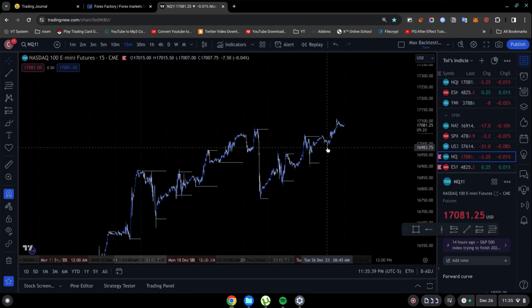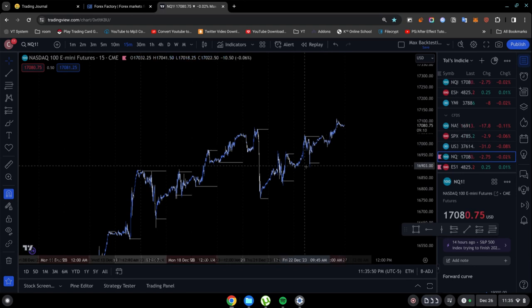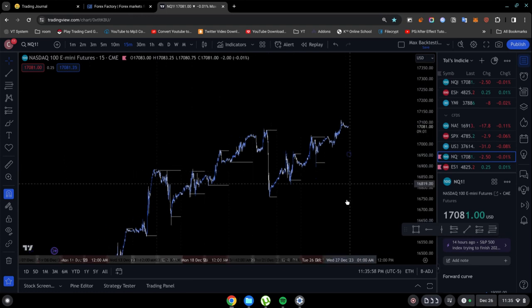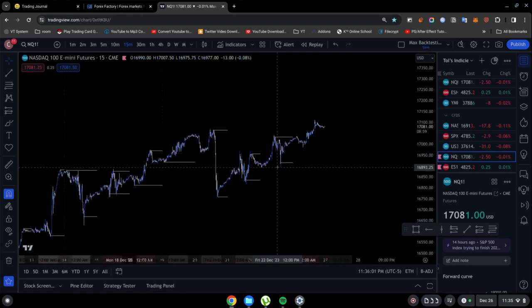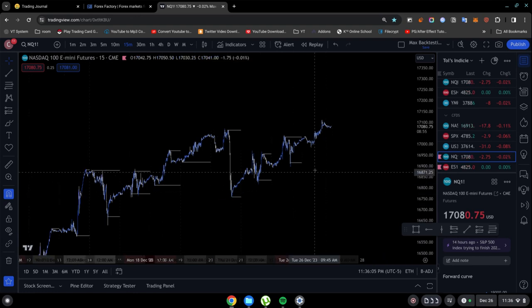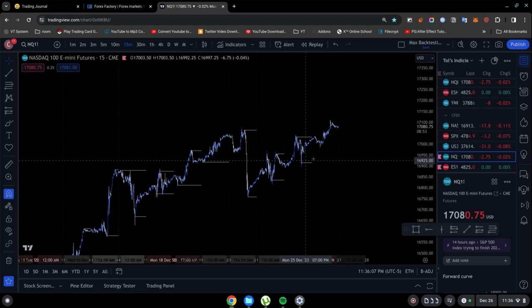If ICT is right in what he's saying, price is going to seek these lows. It's going to seek these lows. It's going to seek these lows and these lows. And why? Because there's pending orders below here in the form of sell stops. Even here, there's sell side liquidity below each of these lows. And that's where the algorithm is going to refer to when it thinks of where it wants to drive price next. It's going to refer to this low, this low, this low. So these are just the levels of liquidity that we're looking at in terms of